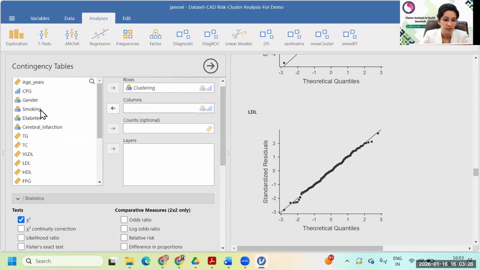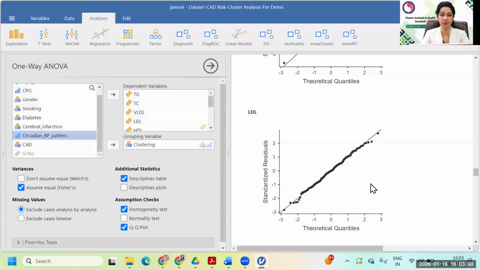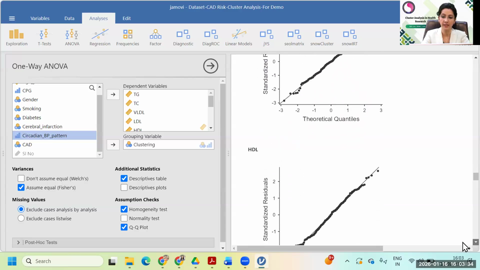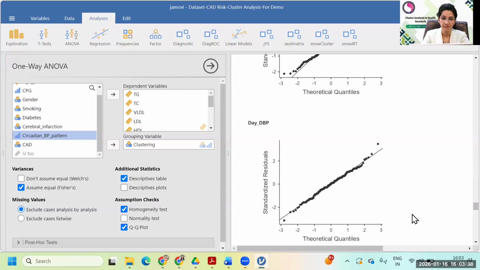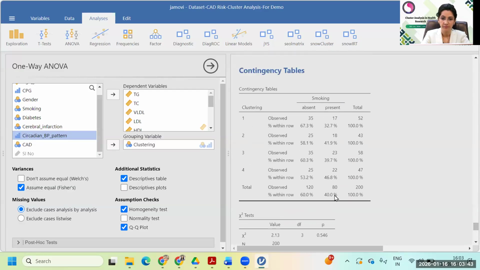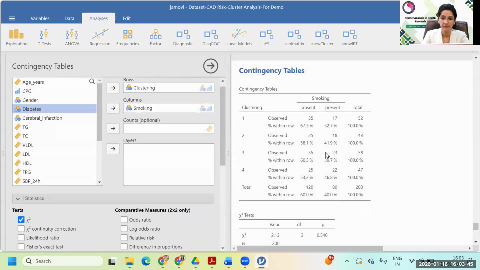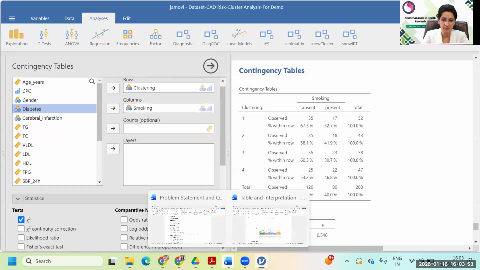And if you wish to see, give only percentages, because in the descriptive table you have to write the percentage also, like how many are smokers and non-smokers. So I will just go down. So you can see here again 67.32. You can give this in all clusters 1, 2, 3 and 4. So if you see the table,